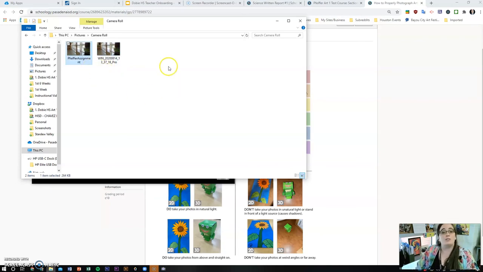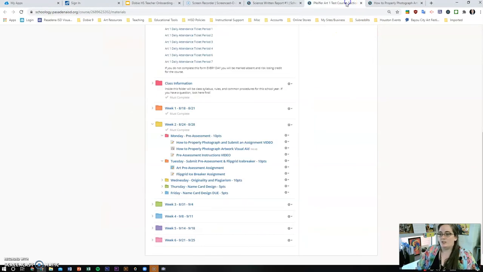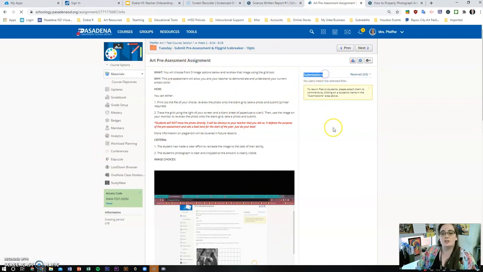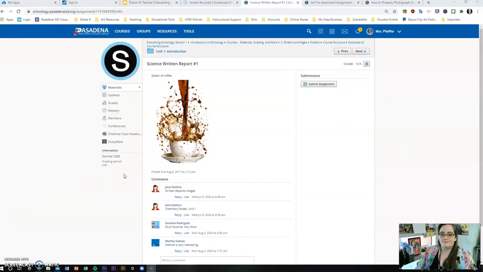Okay, now on Schoology, in order to submit, you're going to be looking for this icon right here. Usually this icon is the one that's associated with being able to submit photographs or text or whatever that is. That's the one you're looking for. Okay? Once you get here on the assignment page, on the right-hand side, you should see Submissions, and then you should see Submit Assignment. So in this test assignment, I want you to see what it's going to look like on your end. When you're inside of an assignment, you're going to be able to see a button on the right-hand side that says Submit Assignment. I'm going to click on Submit Assignment as a student,